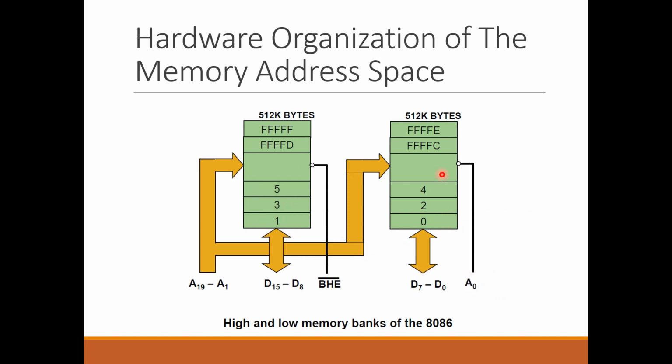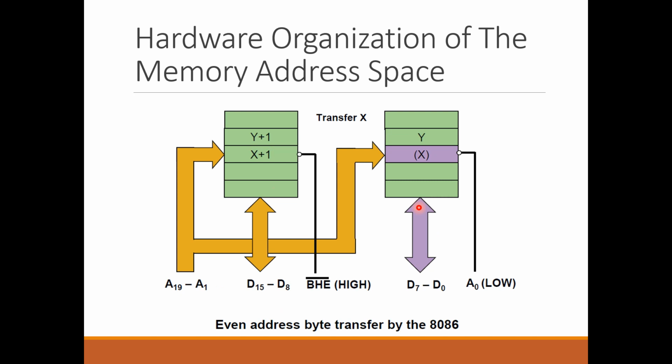So these are the lower bank, these are the higher bank locations, and the data of the lower bank are going to be placed on bits D0 up to D7 on the data bus, but the data of the higher bank are going to be held on bits D8 up to D15. For example, if you want to access